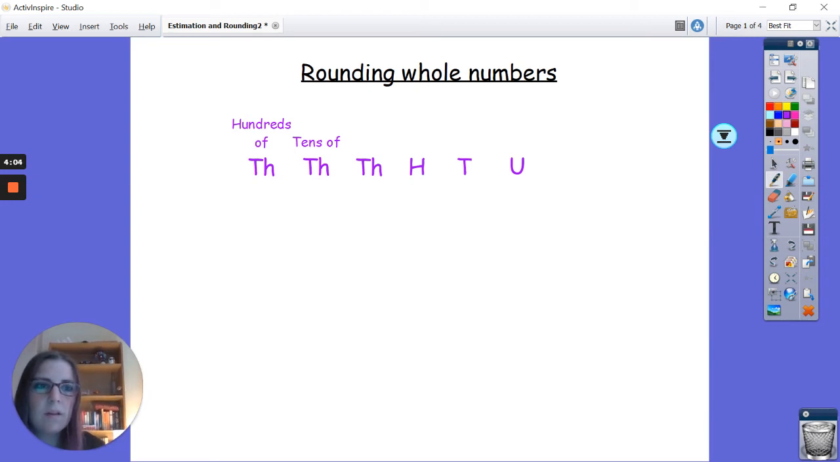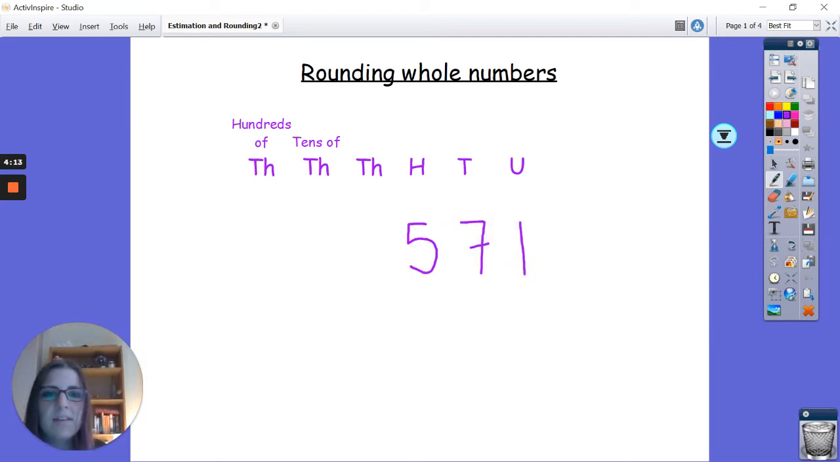Let's go for 571. So I still want to round to the nearest 10 here. Let's stick to rounding to the nearest 10, but I've added an extra stage in this one by putting a 5 in the hundreds column, so you might be wondering how that affects, or if it affects, what we're doing